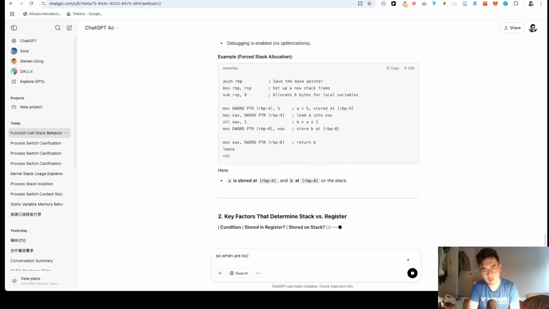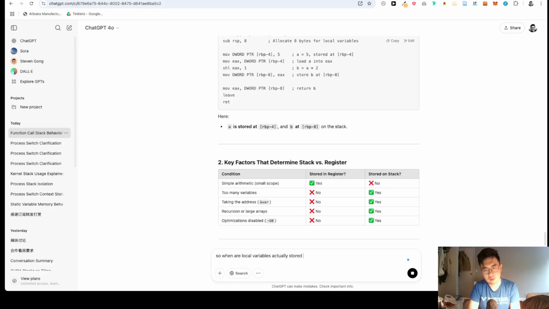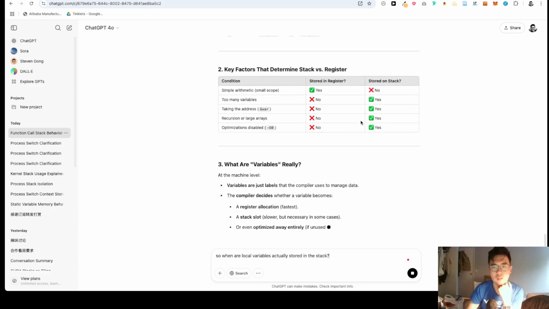So when are local variables stored in the stack? I guess when you have